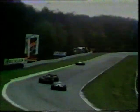Can he get inside him? He has done it. Yes, Rosberg's through into the lead. The only problem is he's picked the bad spot, because the power of the Ferrari might well take it past him again, because they're now onto the longest straight on the circuit. But he got through quite quickly, and yes, I think he got the drop, and now that looks like Rosberg's away. So now Sullivan's really got to go for it in order to get round that Ferrari and not let